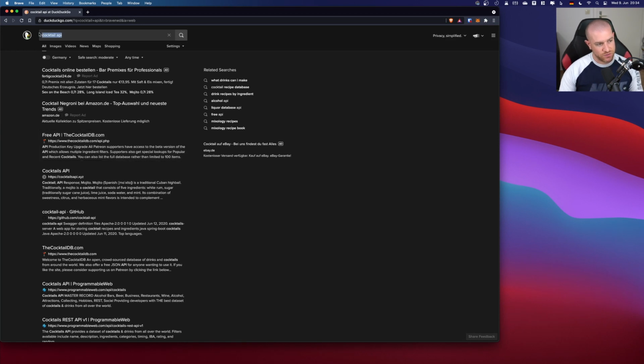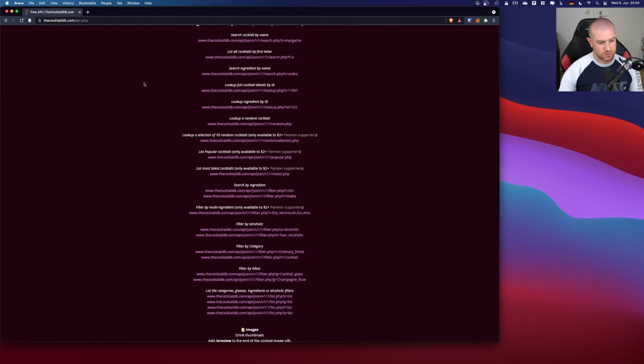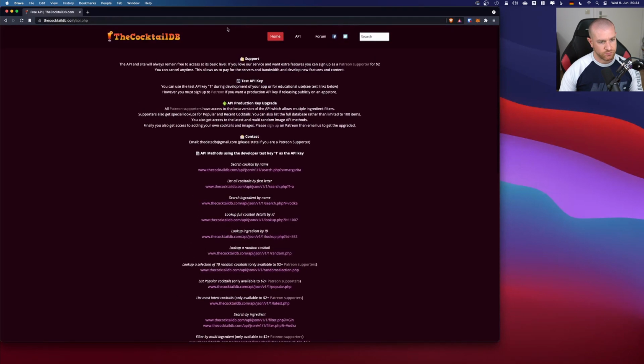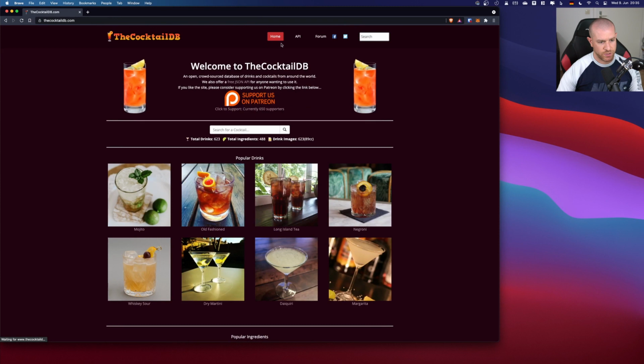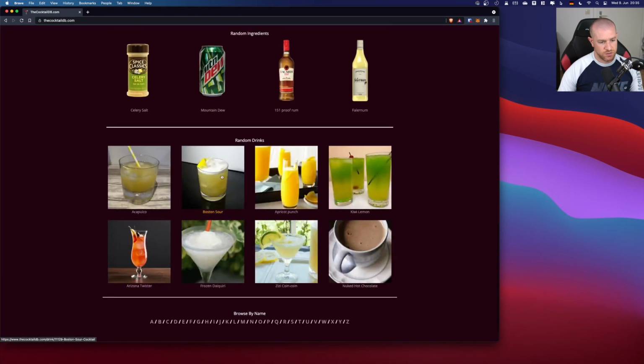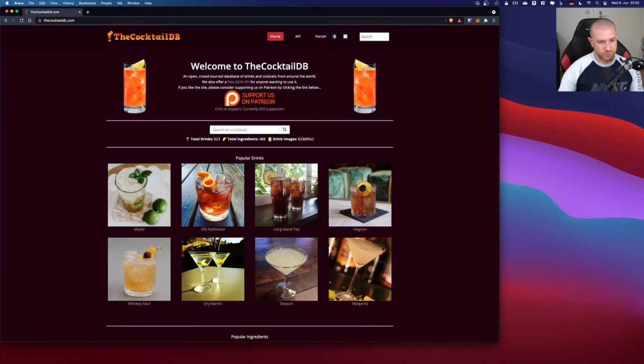If you look for cocktail API, you see this page, TheCocktailDB.com. You click on it, and then it should take you to that web page. It looks like this. The home page is like this. You see all the cocktails and stuff like that. And if you go up here on API,